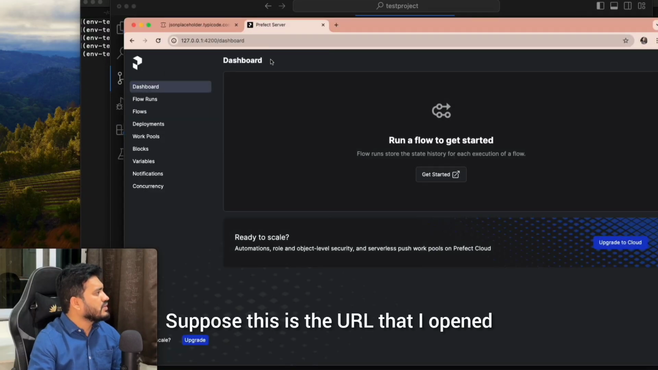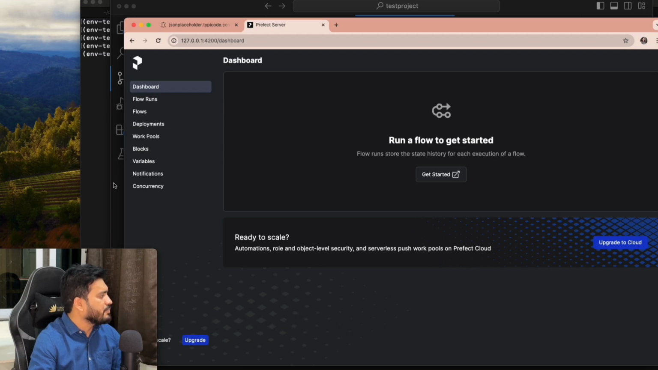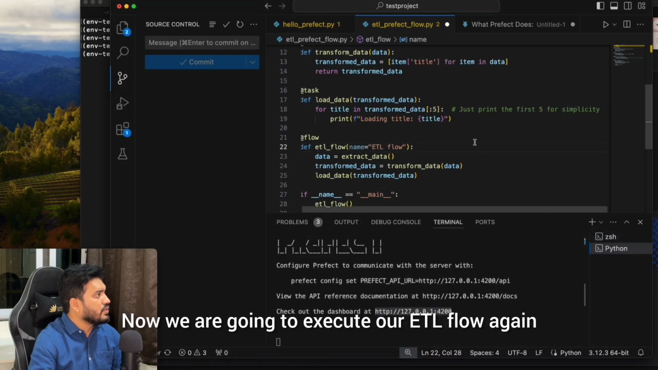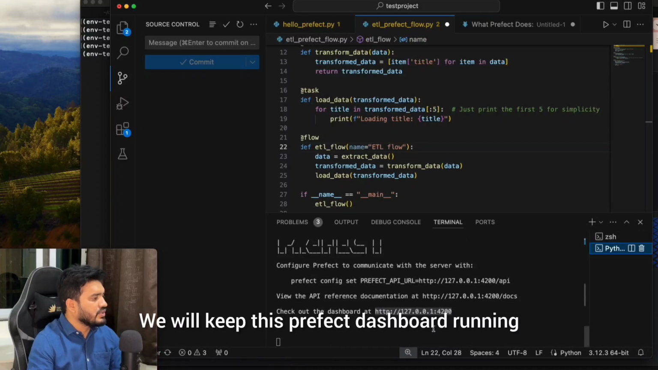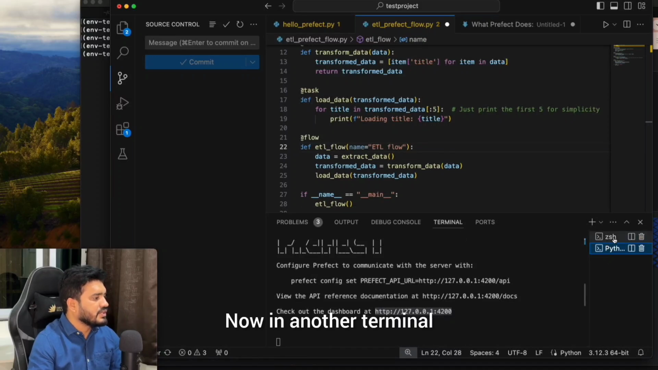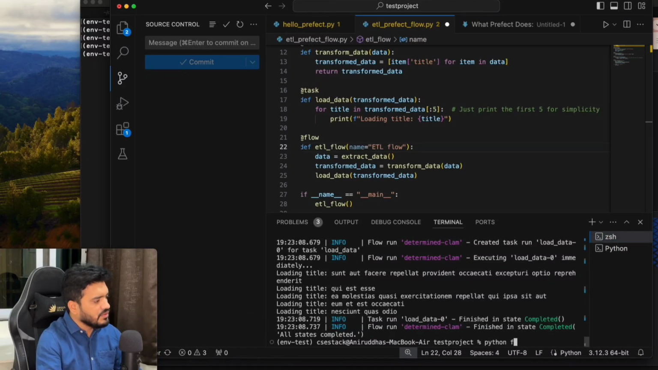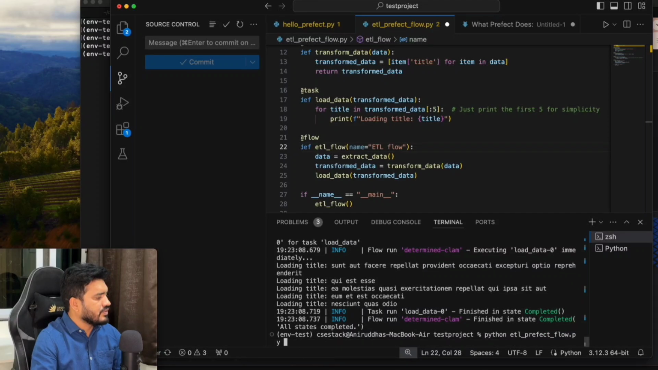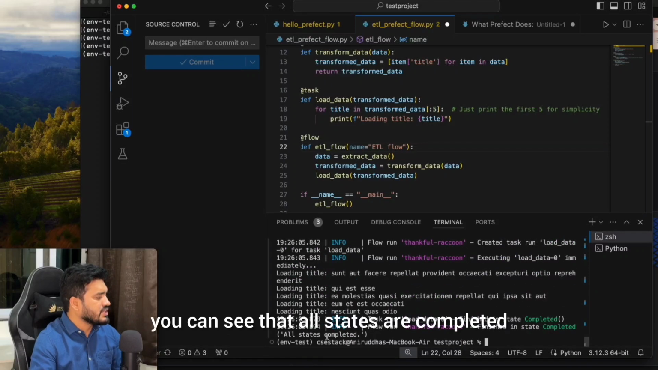Suppose this is the URL that I opened. As of now, there is no flow registered to this dashboard. Now we are going to execute our ETL flow again. We will keep this Prefect dashboard running. Now in another terminal, we will execute the ETL flow again using the command python etl_prefect_flow.py. If you execute this command, you can see that all states are completed and we also got